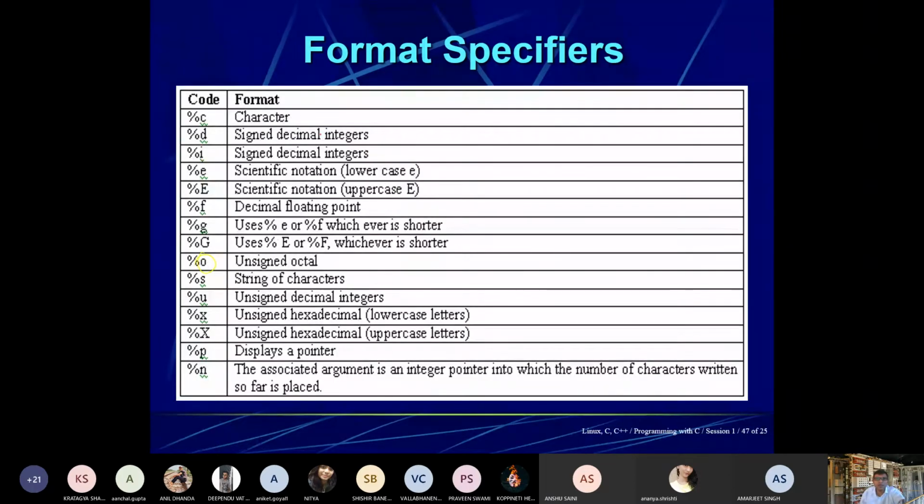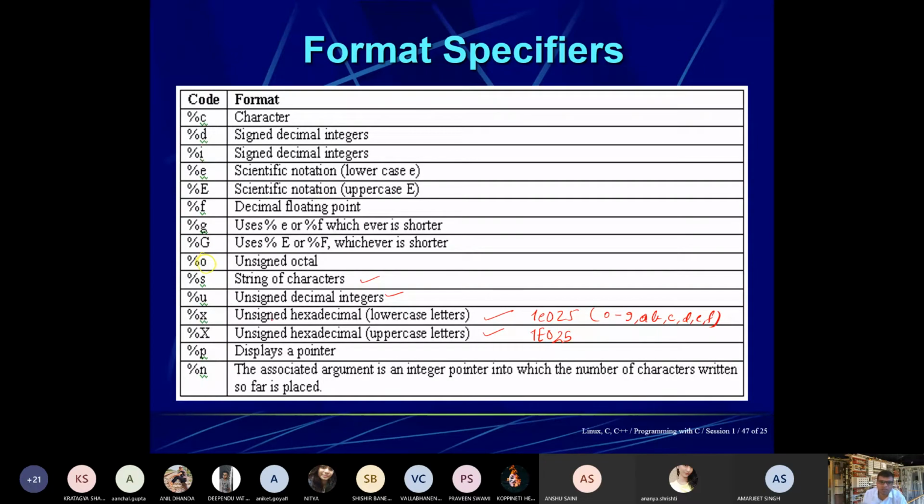character, string, unsigned decimal integer, lowercase letters, uppercase letters. Okay, like if you want to write 1E025, and this will be 1E025. So these are actually digits from 0 to 9, and a, b, c, d, e, and f.